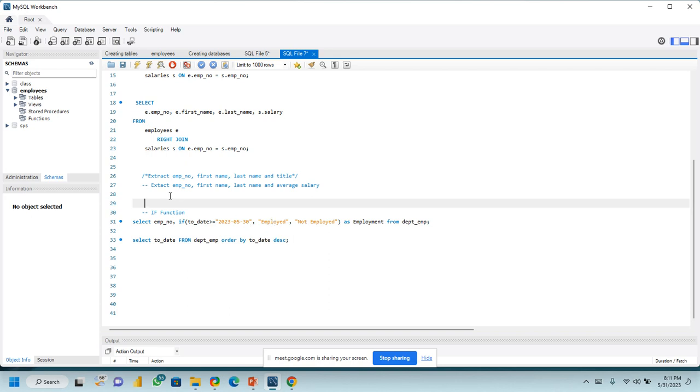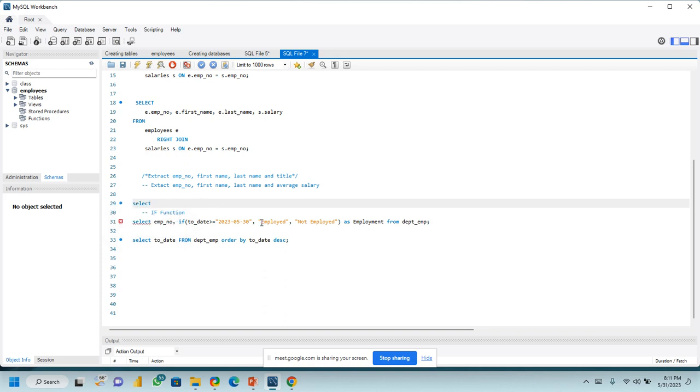I'll just write my function just below where we're having our query area. When we talk about extracts, that means we are selecting a column from a table. So we have select